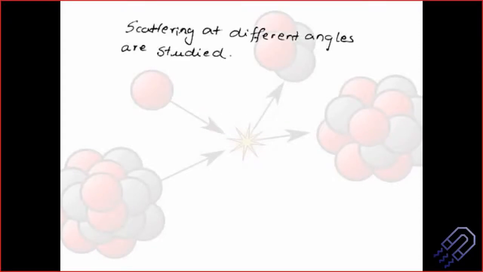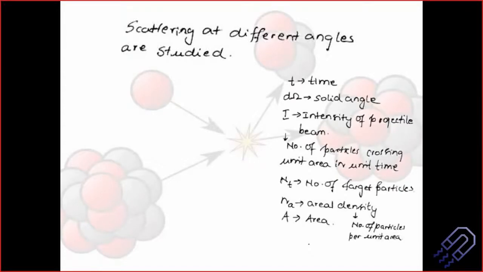In the last class we have seen that if we study the scattering at different angles, it gives information about the nuclei. So we can basically have a detector which will detect the output of the scattered wave. So we have seen different terms. Let me not explain this, I think this is all clear.